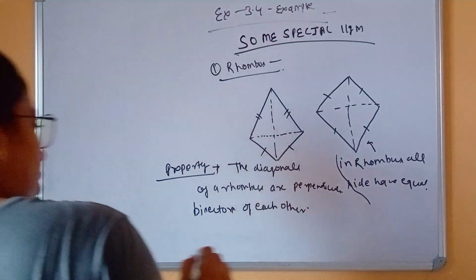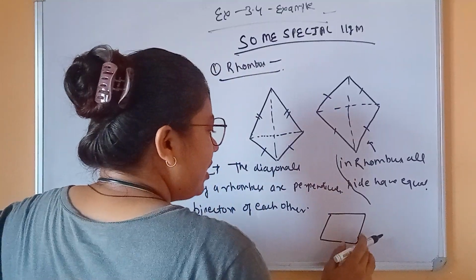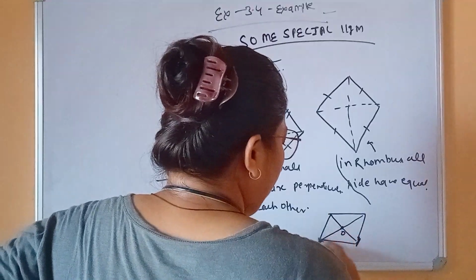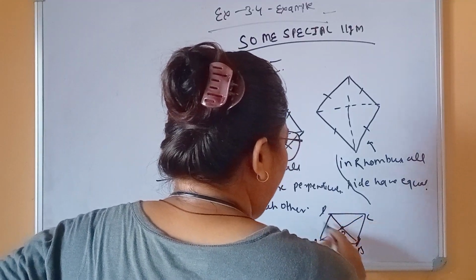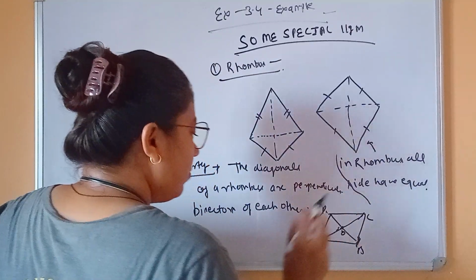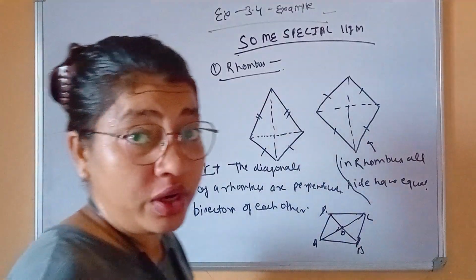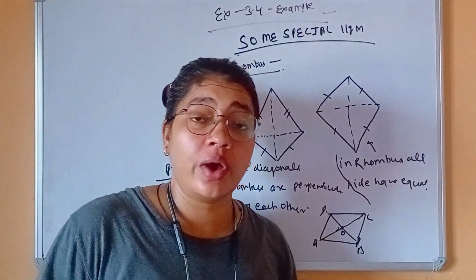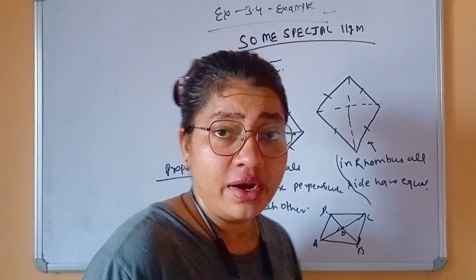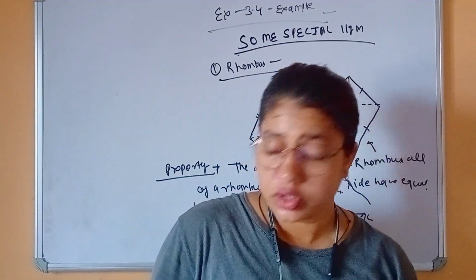Okay, a rhombus is the same as a square in this respect. In a square the diagonals are also equal, but in a rhombus the diagonals bisect at 90 degrees. If you are given A, B, C, D, in the rhombus OB is equal to OD, OA is equal to OC. In a square AC is equal to BD. So a rhombus and a square have only one difference: in a rhombus the diagonals are different, but in a square the diagonals are also equal. The similarity is that all sides are equal in both quadrilaterals.